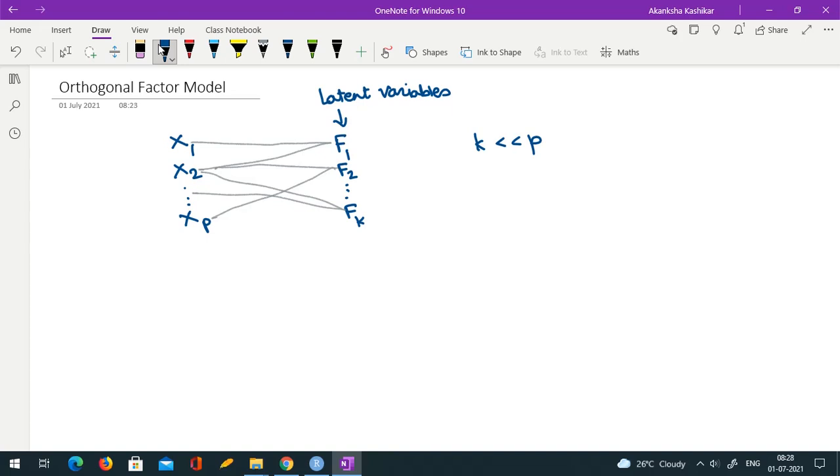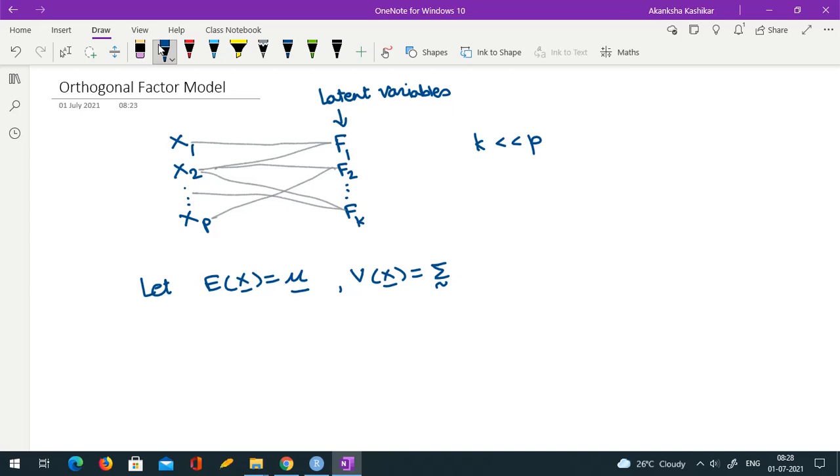What we want to do, let me try to write first. Let me first introduce notation for the mean and variance. Let the expectation of my observed vector be mu and the variance of my observed vector be sigma. So mu and sigma are the notations that we are going to use for mean and variance. Of course, components of mu would be mu1, mu2, ..., mu-p. Components of sigma would be sigma 1,1, sigma 1,2 and so on.